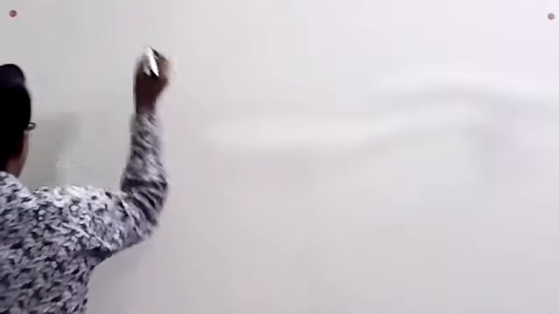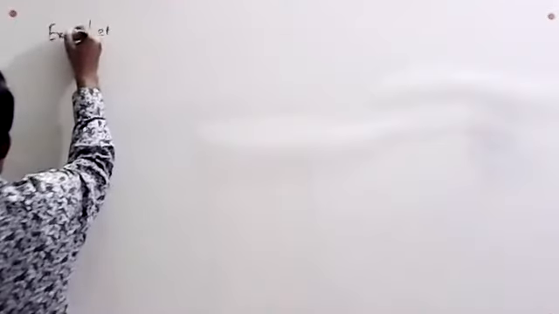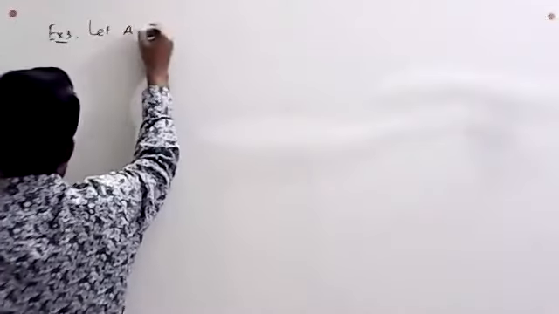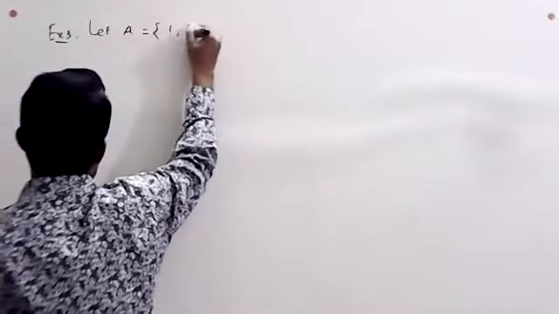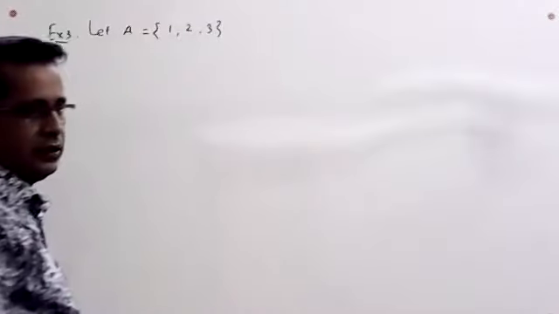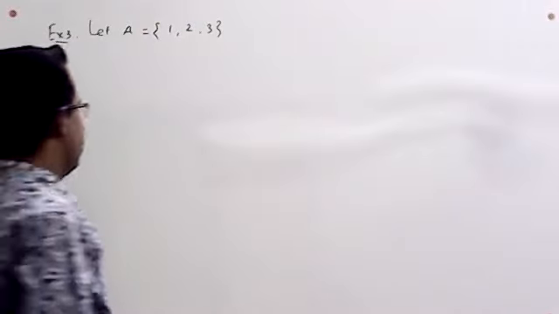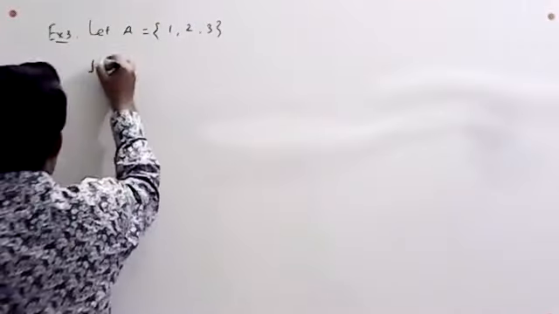Now we are going to take another example on frontier point and boundary point. Let this be example 3. A data set which contains these 3 elements, and it is a finite set. Also, it is a closed set. So here,